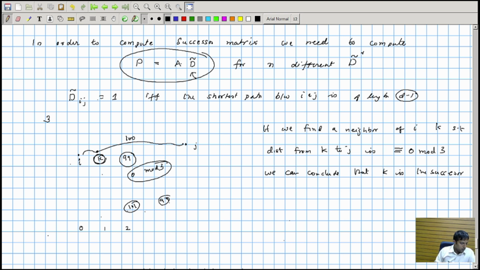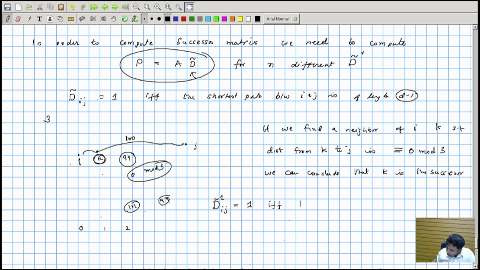Okay, so we can define three matrices, let's call them d tilde 1, and this is equal to 1 if and only if